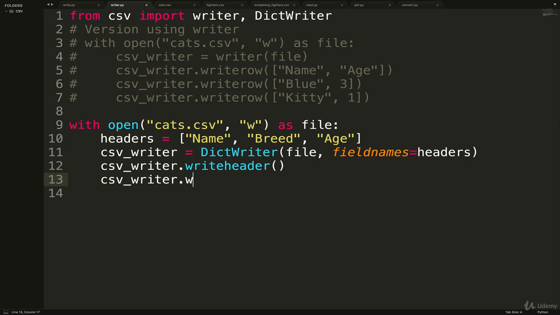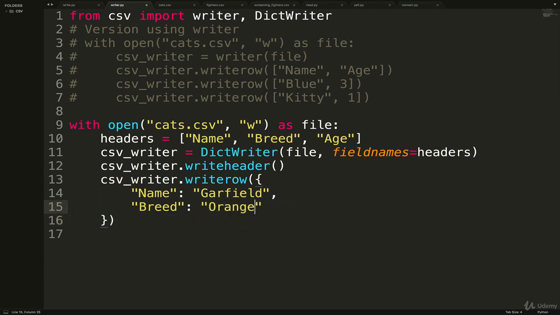So it's csv_writer.writerow, and it takes a dictionary. And I'm going to do it all in separate lines. We specify name, and we don't have to go in order because we're using a dictionary, unlike with a list where the first thing had to be name, second thing had to be age, and they all had to line up. Here, I can specify name is, and then what do I want name to be? Let's go with Garfield, and then breed, I don't know what he is, let's just say orange tabby. And age, I have no idea how old Garfield is. Let's go with 10. The character's way older, but let's just say he's 10.